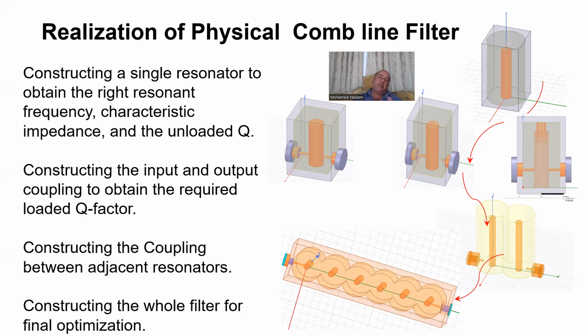It says, I need a filter, center frequency at this frequency, 3 dB bandwidth is this much between these 2 points. This is how much insertion loss, the rejection band specifications, and so forth. You might specify the group delay in some instances. So you go in and you synthesize a filter using the polynomial Chebyshev and Bessel